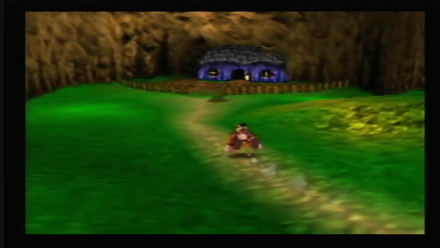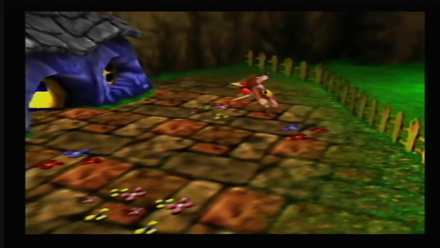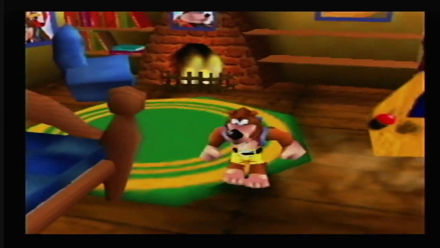I am, of course, talking about Banjo's house, because the game started out with him walking out the door, and I never turned back. Well, if we go out this way, we can actually go into Banjo's house. And the goldfish is still here, which is funny considering he was on the barbecue in the cutscene. We can look around and see some photos and whatnot, a picture of Tootie, a picture of Banjo